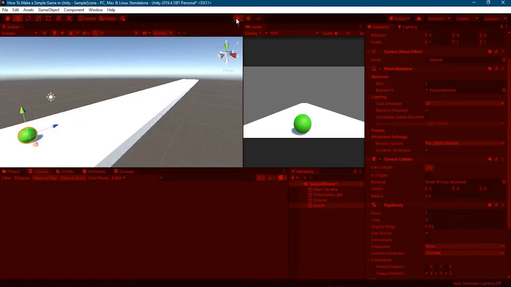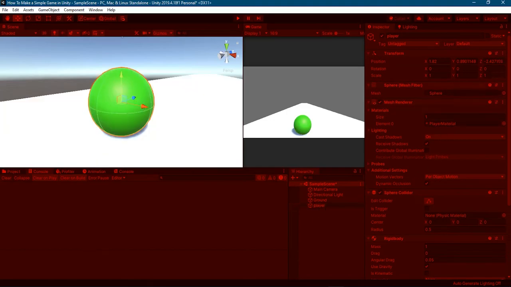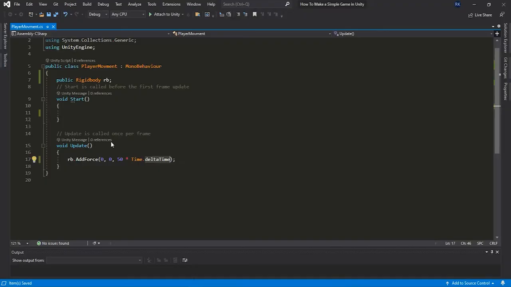Alright, just hit play and you will see the difference. The player will not move as fast as it was moving. As you can see, nothing is happening here. Before, with the 50 force, it was just flying right off the ground. But if you press on the player here, you can actually see it's moving very, very slow. So we just crank up the speed a little bit higher, go back to Visual Studio, and maybe give this 200. Control C to save it,